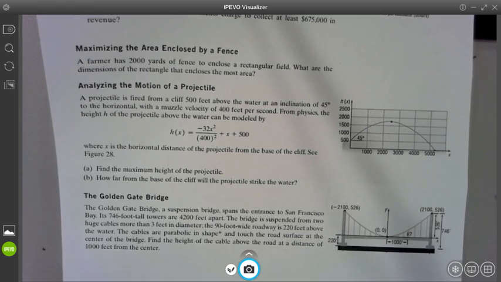Hey guys, here are your notes on section 3.4, day 2. But before I do that, I just want to finish the last problem from the day 1 notes on the